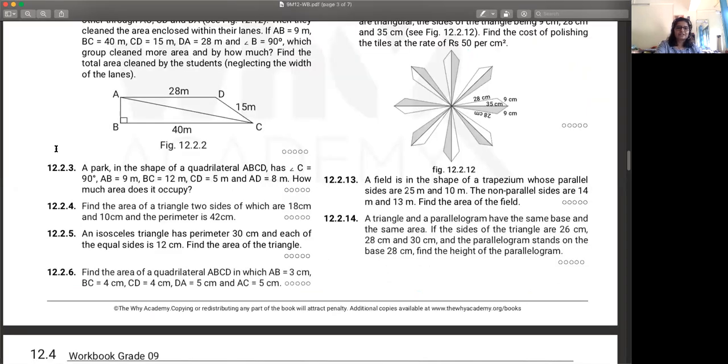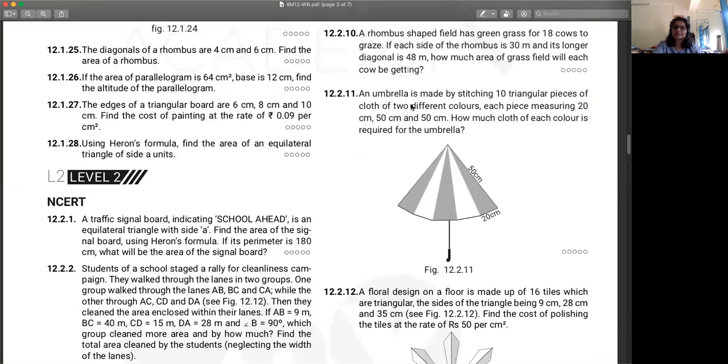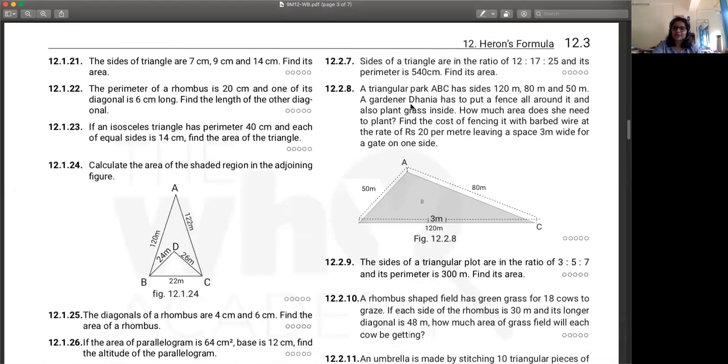All right, so we just did the third one. Fourth is also the same thing. You're given two sides, find the perimeter. Fifth is also find the area. Sixth is again, in this case, directly you're given all four sides plus the length of AC. So that is similar to it.